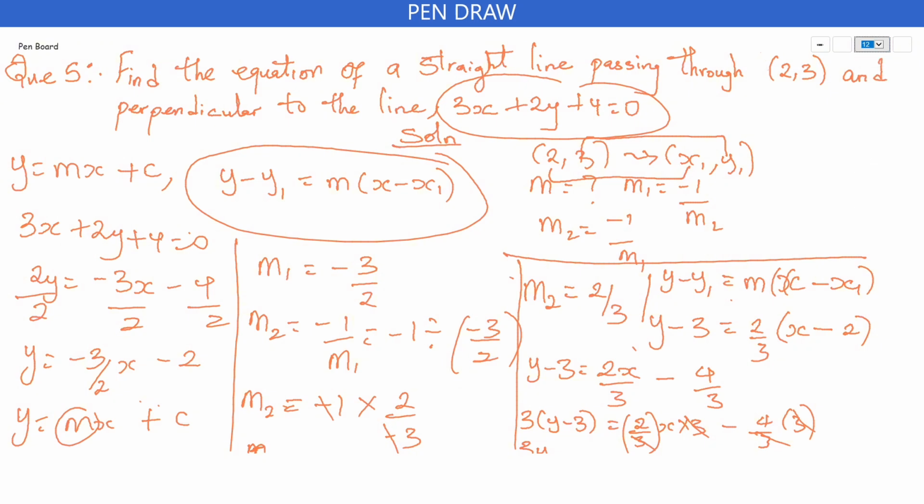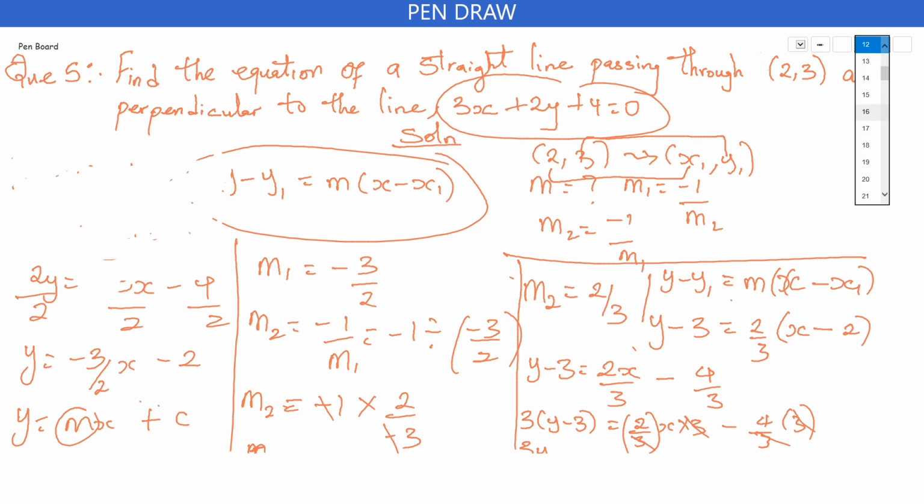So if I open the bracket there, I'm going to have 3y minus 9 to be equal to